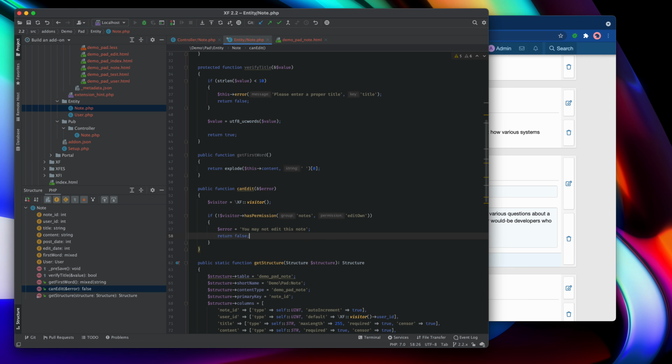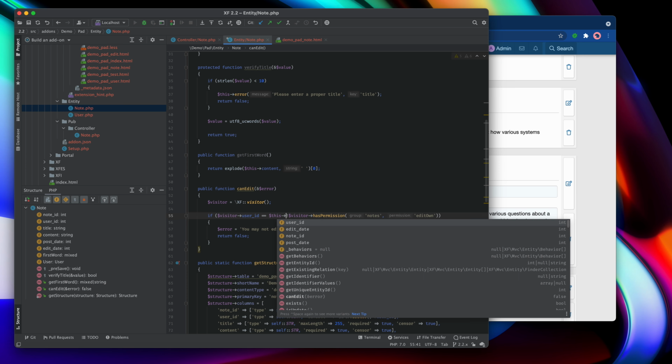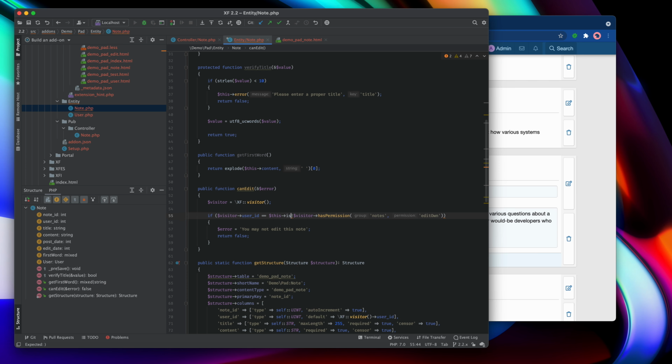But recall, this is not quite correct, because this is going to return false if you can't edit your own note, regardless of who is the owner. So we actually need to add more conditions to this if here. So what we're actually going to say is, if the visitor user ID is the same as the user ID assigned to the entity, and you don't have that permission, then you get that error.